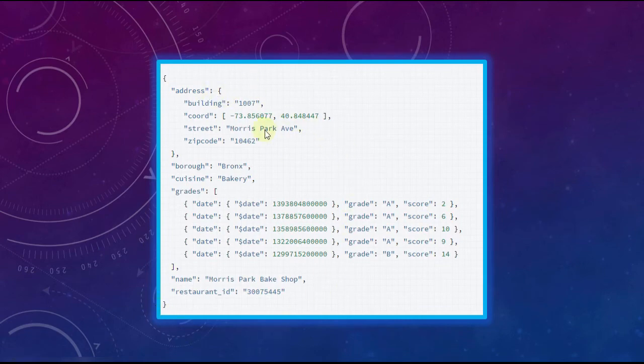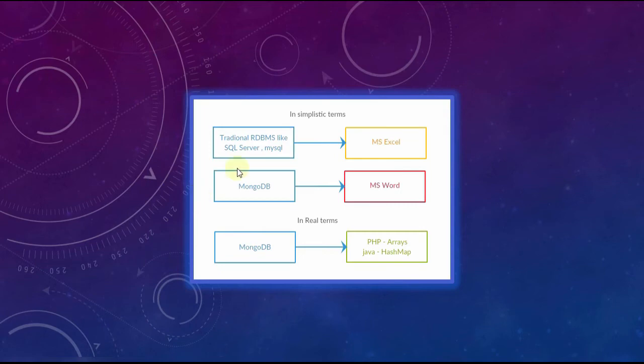This is a simple JSON document structure. And we have seen that in traditional RDBMS the data is saved in rows and columns similar to MS Excel, whereas in MongoDB it is similar to MS Word. So the data is structureless and anything can be saved into anything. For programmers, instead of MS Word, think about PHP arrays or a Java hash map.